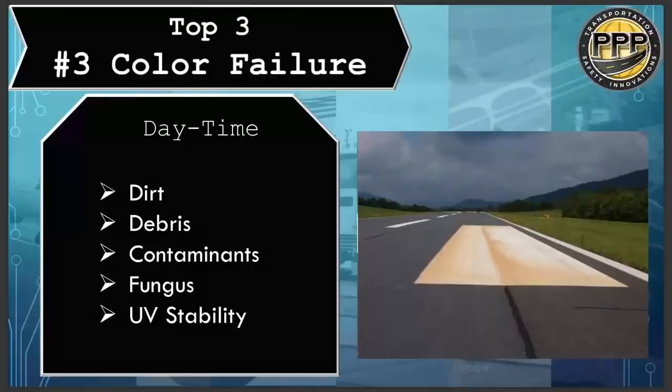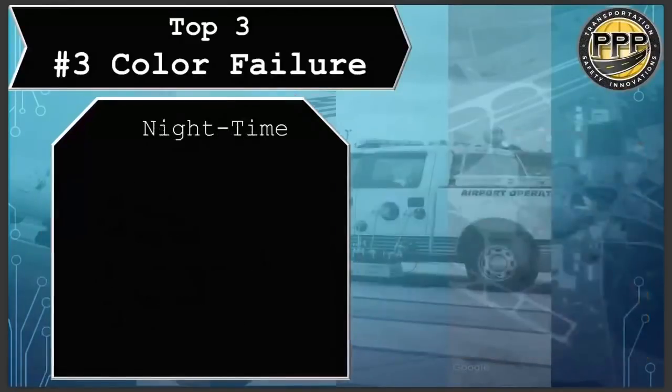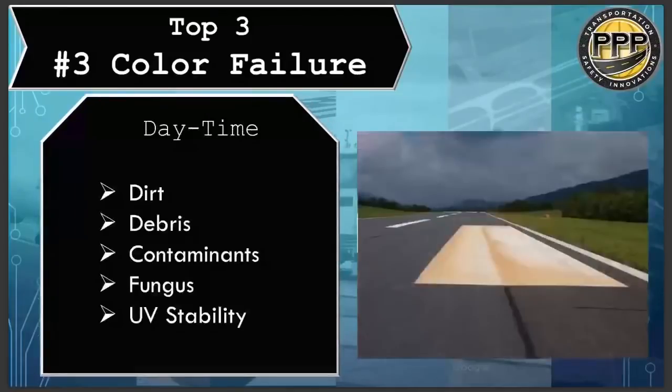Perhaps it's where we choose to build airports, maybe that. But the other big one that I think everyone on this call is familiar with is UV stability, when your reds turn pink and your yellows turn that creamy color. A lot of things can contribute to that, and we'll show you a few more instances here of color failures